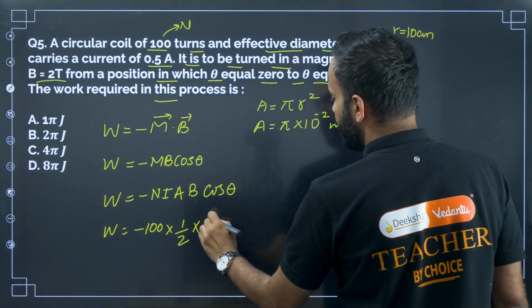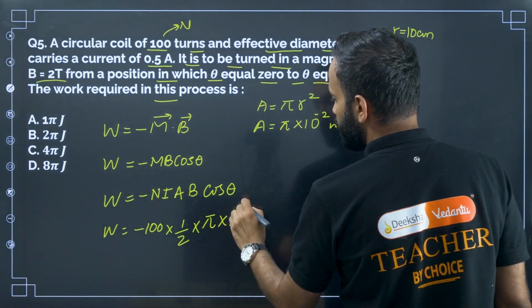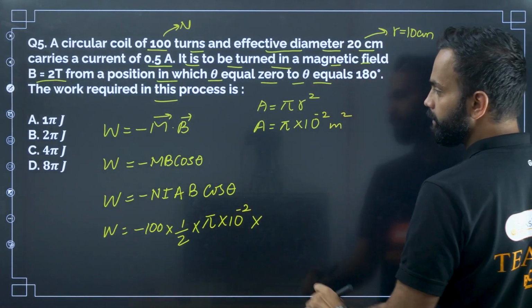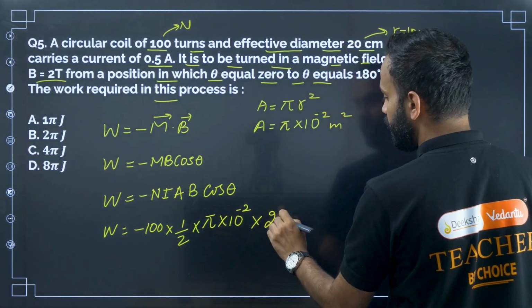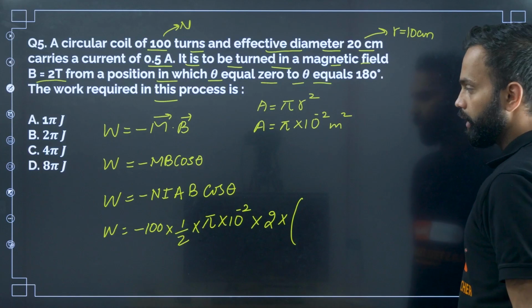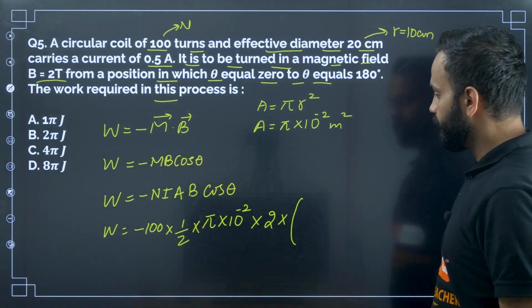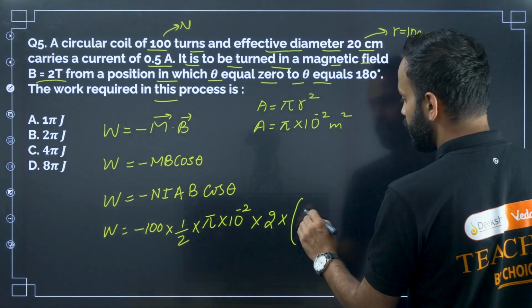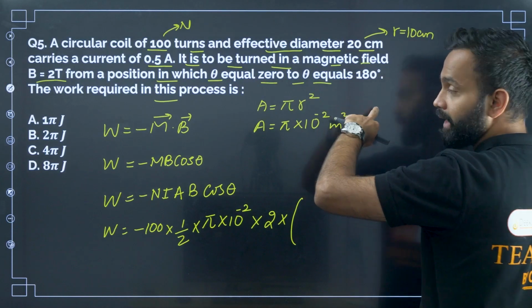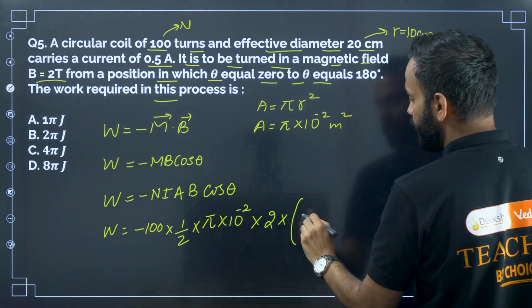So now pi into 10 to the power minus 2 into B, B is 2 Tesla, into final minus initial. Final position minus initial position, that is cos 180 degree